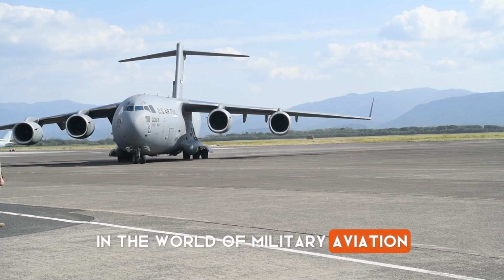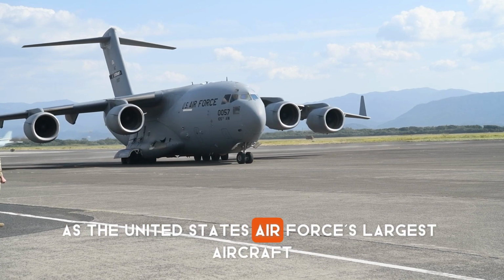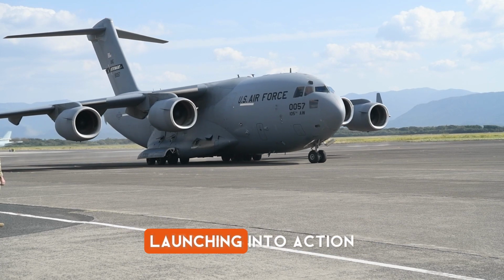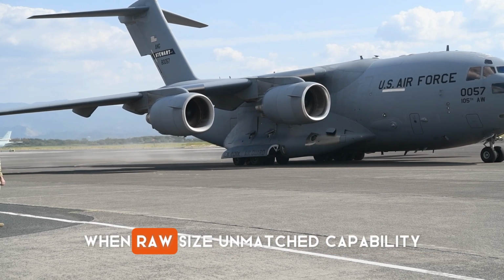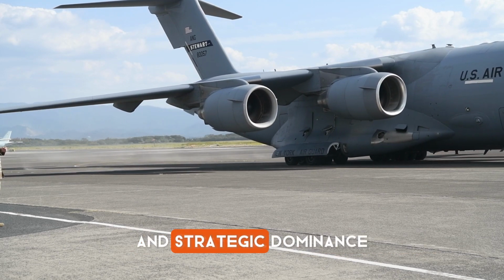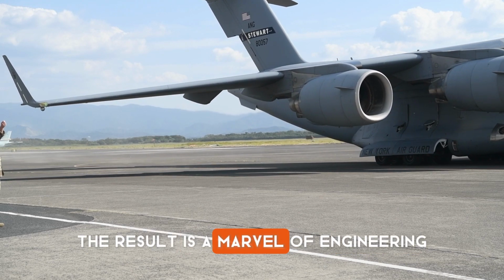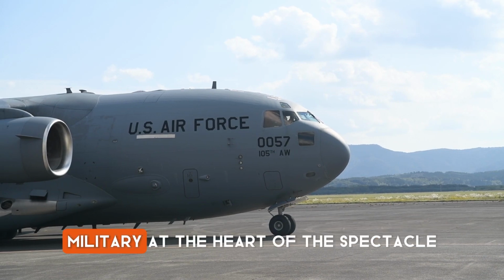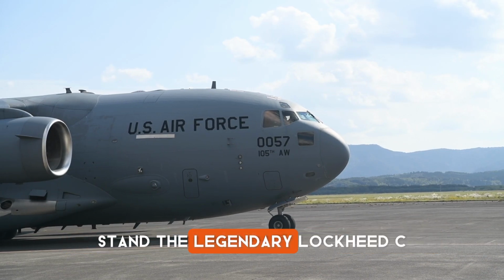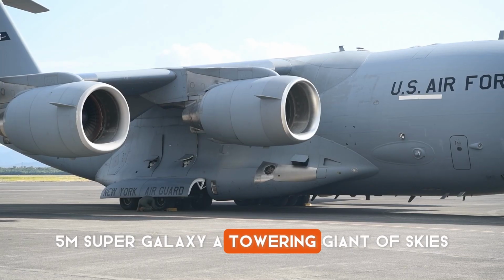In the world of military aviation, few sights are as awe-inspiring as the United States Air Force's largest aircraft launching into action during high-intensity flight operations, when raw size, unmatched capability, and strategic dominance come together in a single aircraft. The result is a marvel of engineering that reflects the power and precision of the U.S. military. At the heart of this spectacle stands the legendary Lockheed C-5M Super Galaxy, a towering giant of the skies